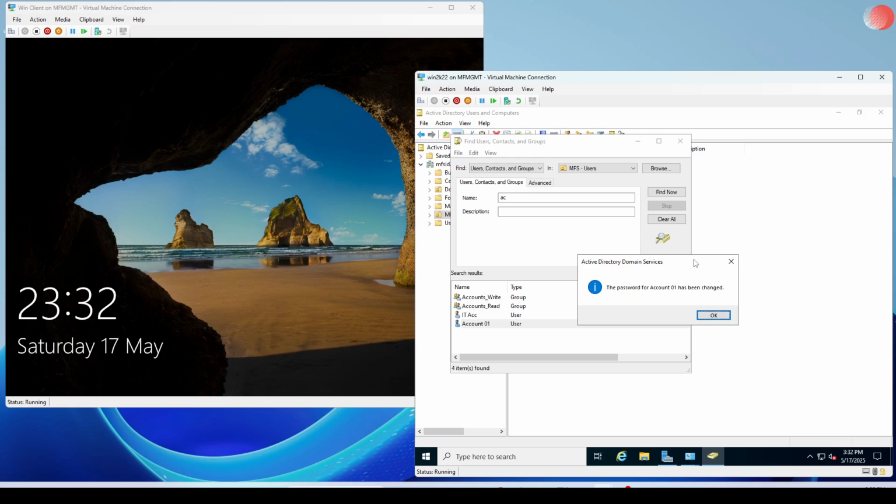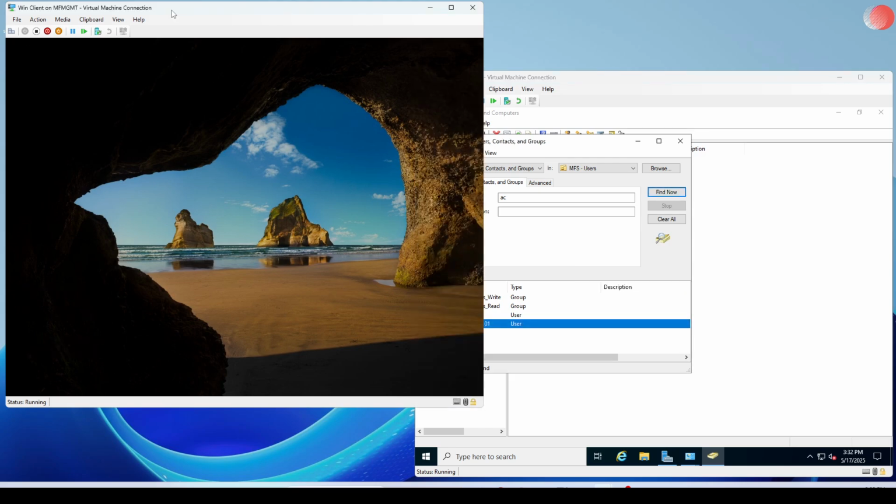And the password has been changed. So I will now be able to log in to this domain joined computer using the account,